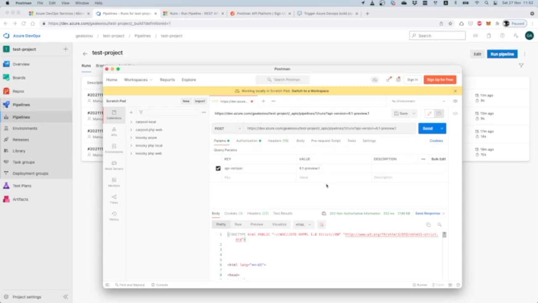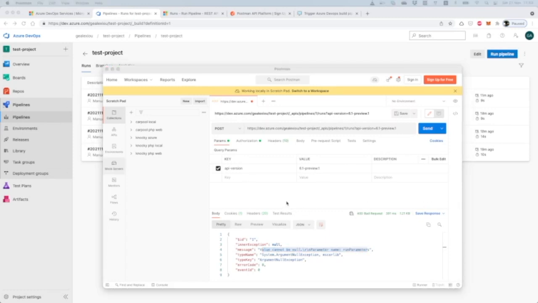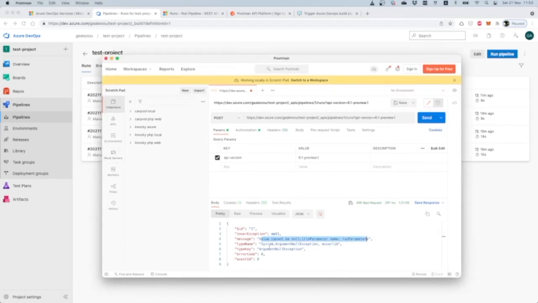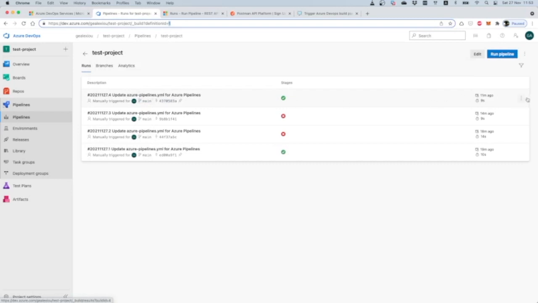So if we go now and rerun our post API on Azure DevOps, we will see that we get a 400 error because we haven't provided a value on our parameter. As a result, we have to go and edit our body on our request and add also a parameter as we specified on our build pipeline that is triggered with a parameter,